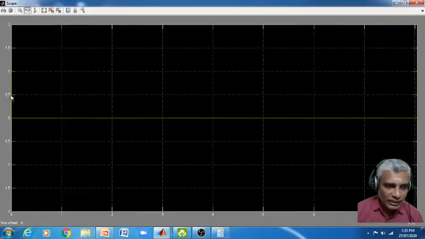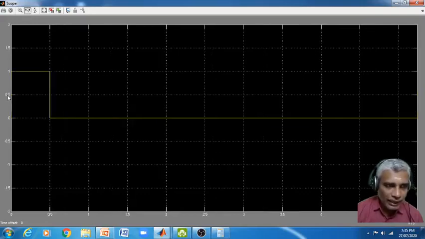For the pulse, you can just click this y-axis zoom and look at it. There is a pulse here. If you look at this pulse, it is starting from 0. The pulse is generated immediately once the simulation has been started. But I don't want to do that. I want to have the pulse after some time. Maybe at this point I want to generate the pulse. Before that it should be 0.